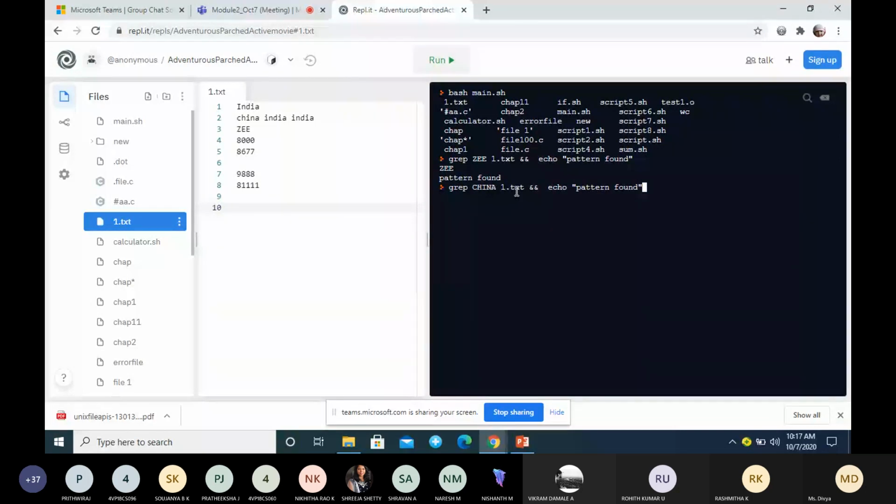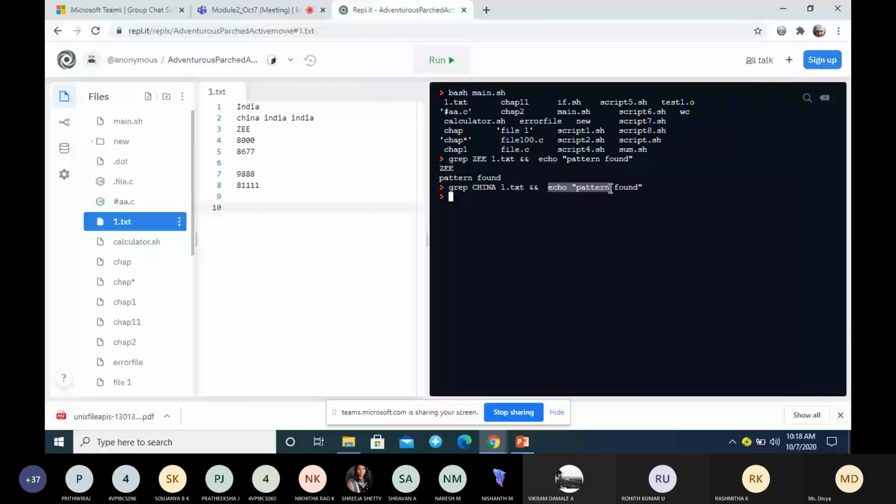Whether this command will give output, whether this command is executed. No. In this file we don't have any capital letter China, right? So the first command will not be executed, and if the first command is not executed, the second command will not be executed. Only if the first command executes successfully will you get the output of the second command.